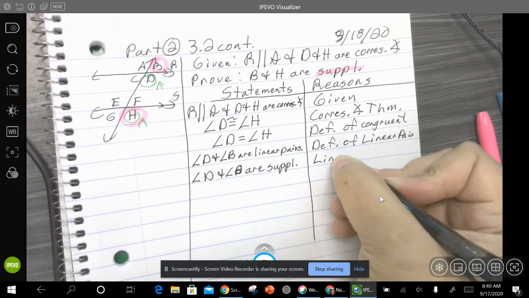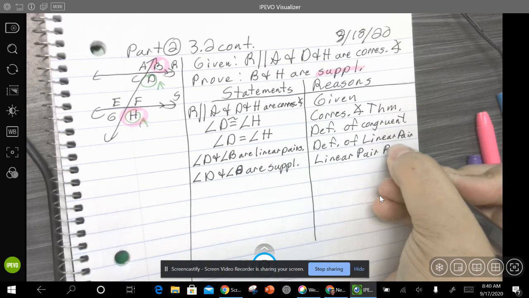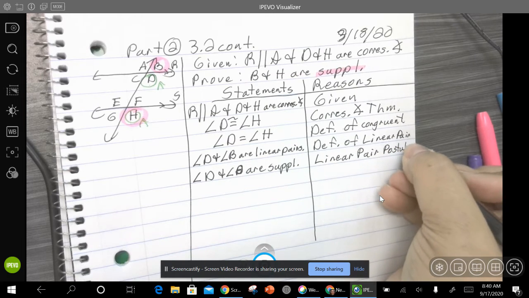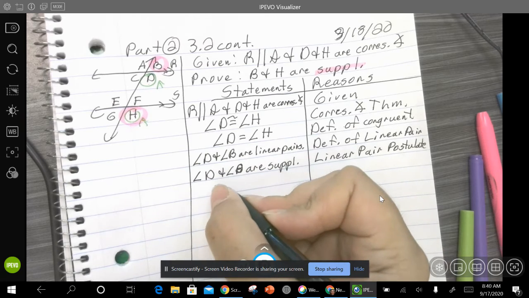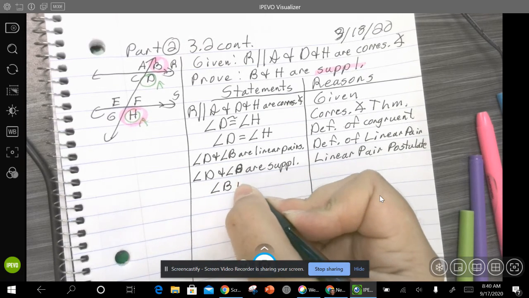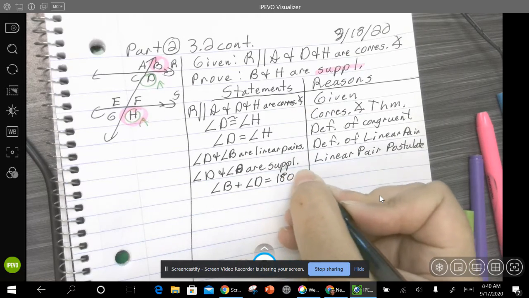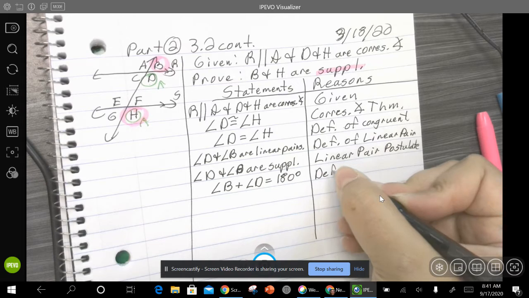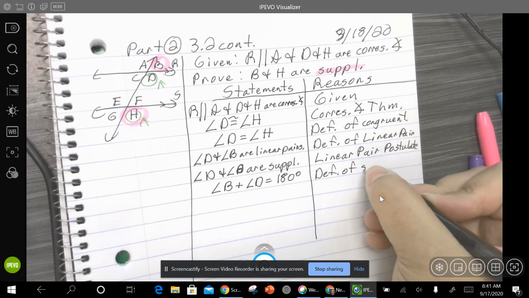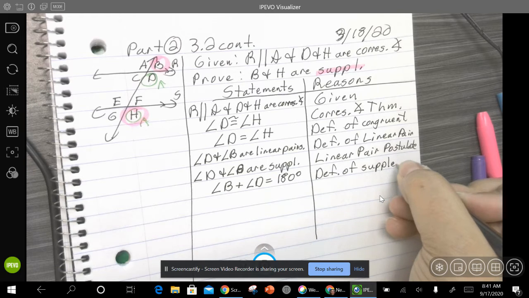And that's by our linear pair postulate. Okay, so that means that angle B plus angle D is equal to 180 degrees, and that's by definition of supplementary. So our definition of supplementary angles, when we add them together,